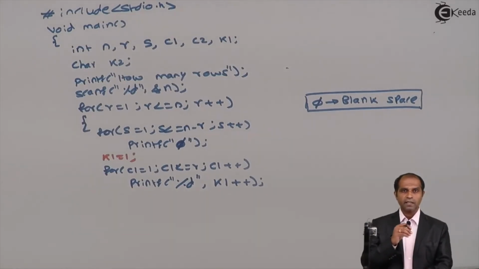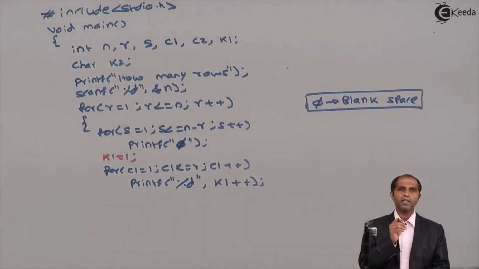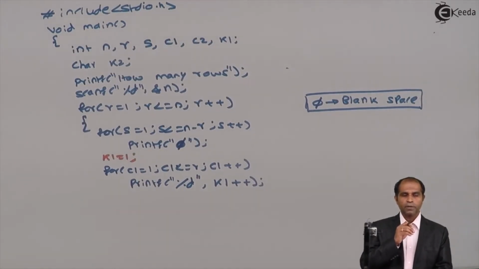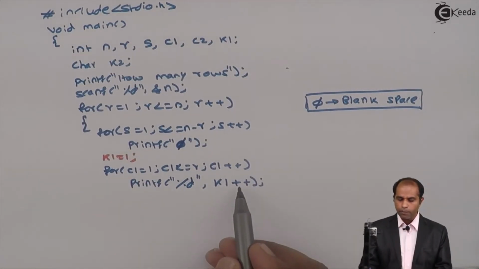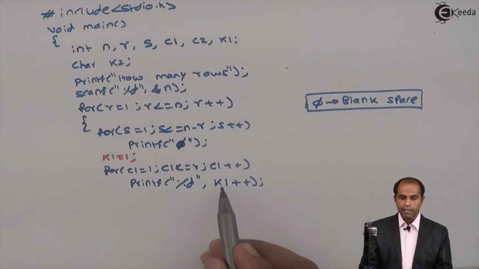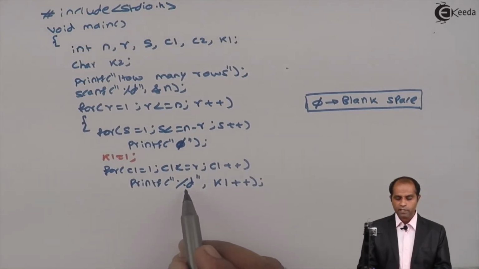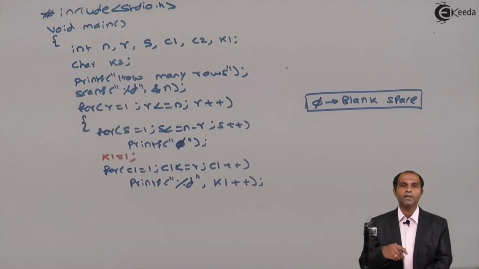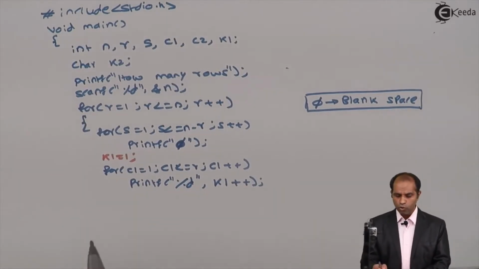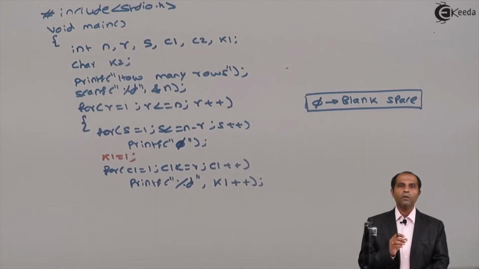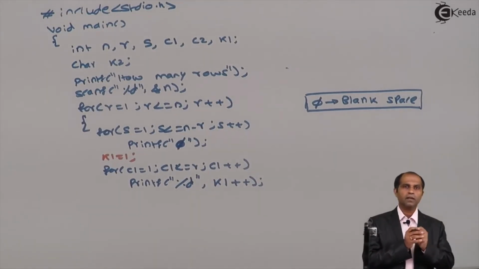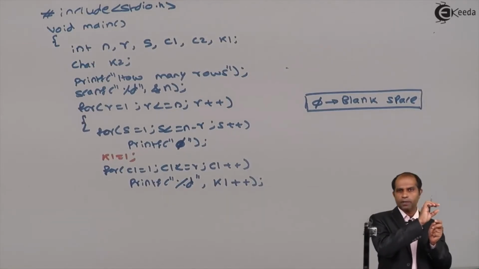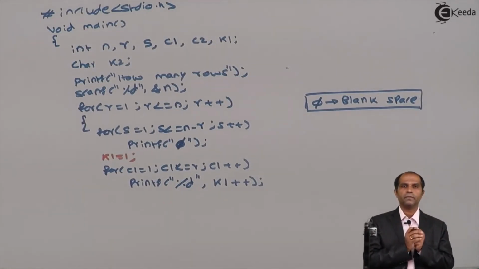So this will set K1 equals to 1 every time before it starts the printing operation. And then for printing the next character, it will generate the next character and keep it ready, so that when it comes back the next time, it will print the character and then change again. Print the character and keep ready the next character. So this loop, the entire combination, will print the left hand side of the triangle. It will not print the entire left hand side in one stretch, it will print the left hand side row wise.